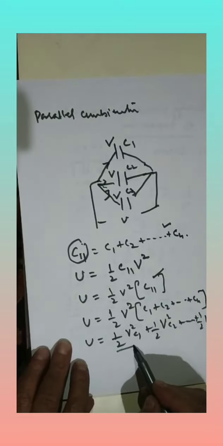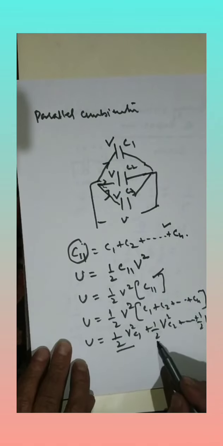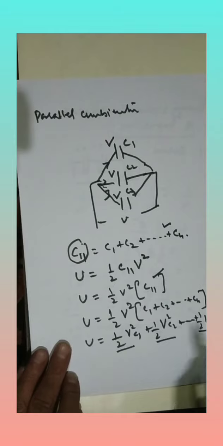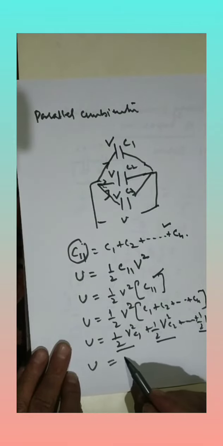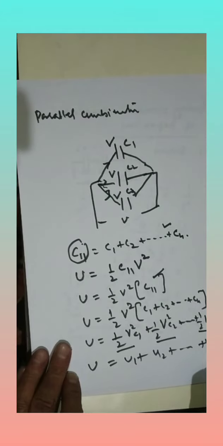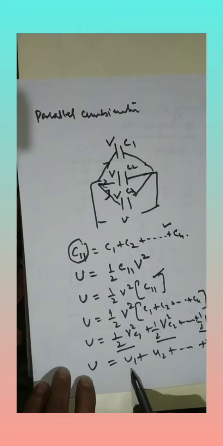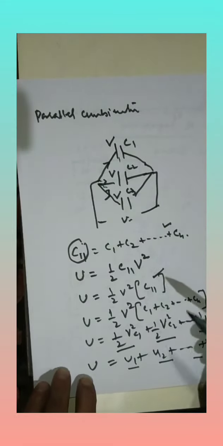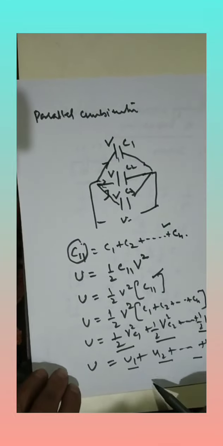So this is the potential energy stored in the first capacitor, this is the potential energy stored in the second capacitor, this is the potential energy stored in the nth capacitor. So total energy will be U1 plus U2 and so on. So total energy U will be equal to the sum of the potential energy stored in the individual capacitors, as was the case in the series capacitance. Okay. Next